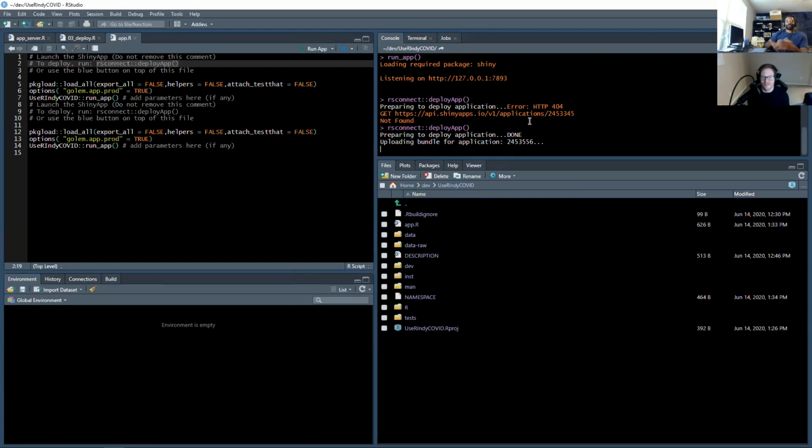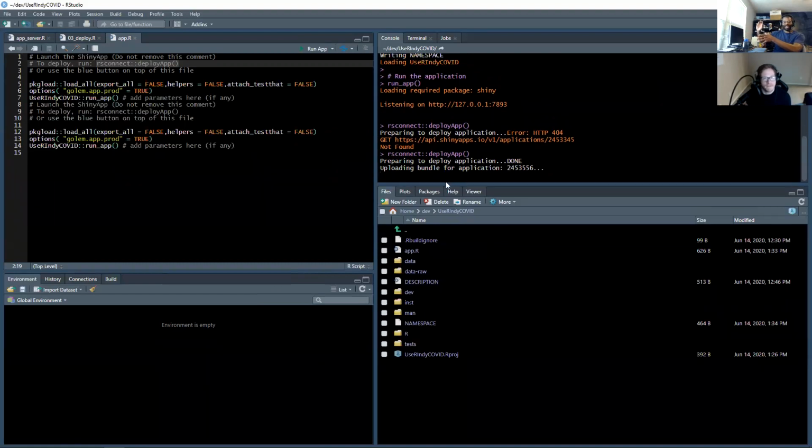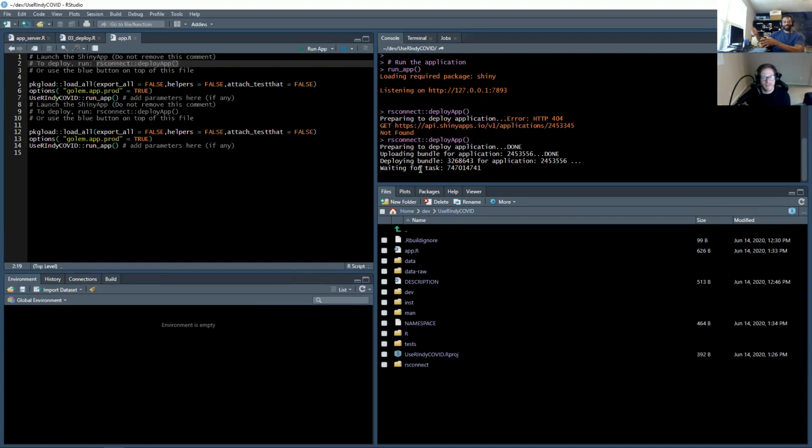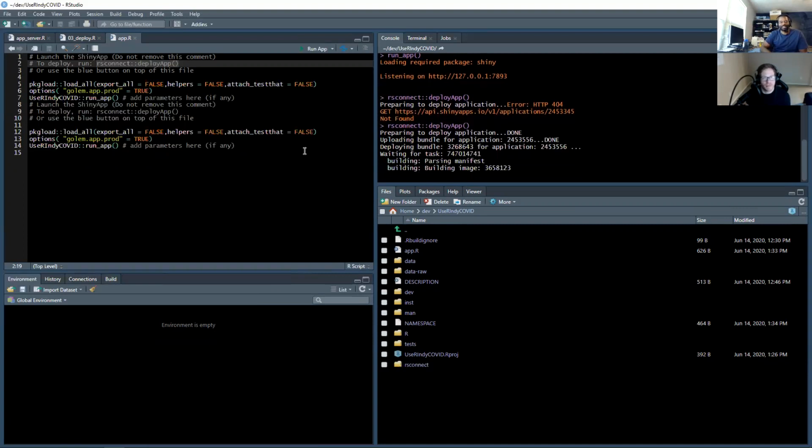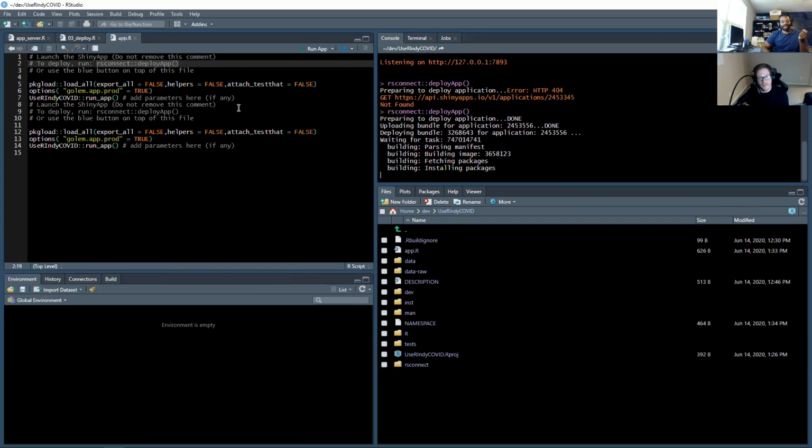So yeah, it'll go through and grab all the dependencies, send the files out to Shiny Apps IO, and then build it there, downloading all the dependencies. Interesting that they're using the RS Connect package here,